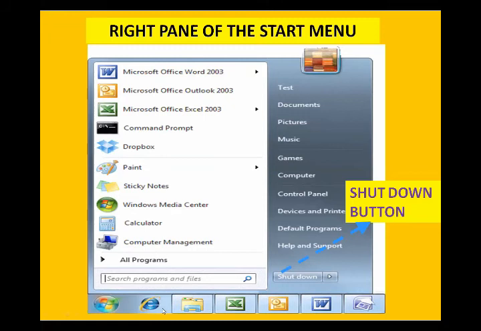You can also see there are different kinds of files on the taskbar. This is the long horizontal bar. This is called the taskbar. And there are different kinds of files on the taskbar. Today we have learned about the